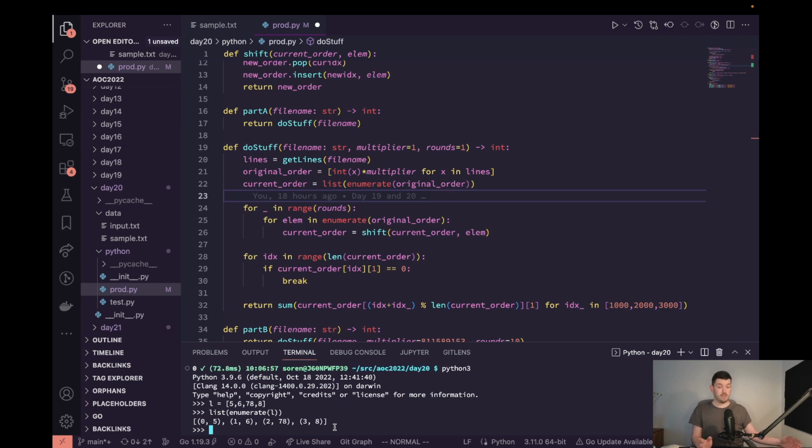And the reason we do that is because we need to be able to identify the numbers as they appear in the original file. I kind of got tripped up a little bit because I used the test input and I just stored them as integers, and then I went through them. I went through the original order and found the element, and then I would call .index on current order to find just that value. But it turns out that in the real input,